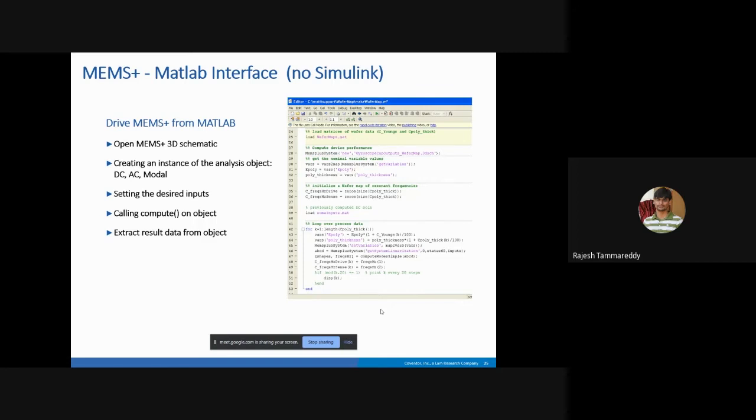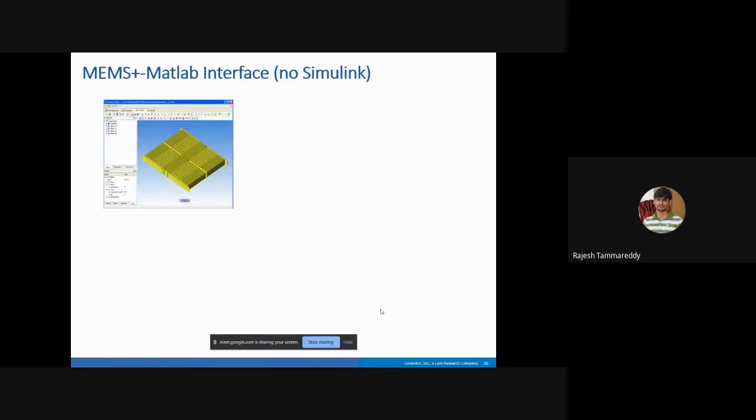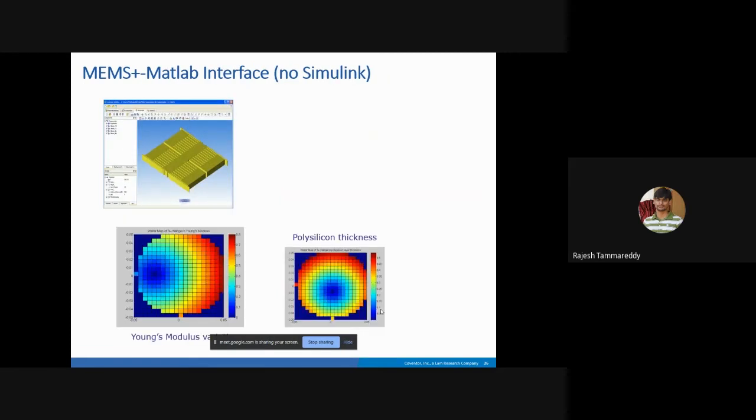Okay. And some simulations like that are not directly possible in the GUI. Something like if you want to create multiple loops of simulations, like the Monte Carlo study which I explained, right? These things are possible only using the scripting interface. Okay. Next. So again, this is the example for that, how scripting can be used for doing complex simulations.